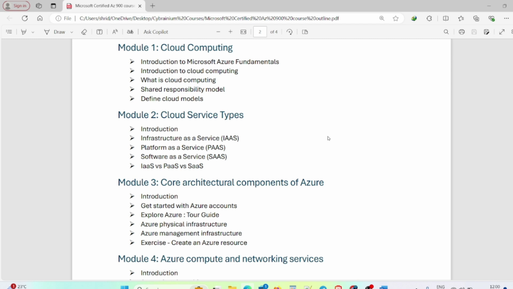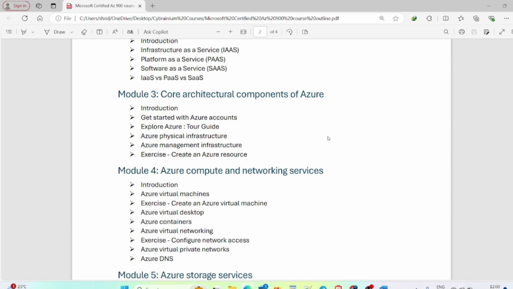In this module, you will learn about Microsoft Azure fundamentals, cloud computing, shared responsibility model, defined cloud models. In module second, cloud service types like IaaS, PaaS, SaaS, what are these and what is the difference between all these three? Core architectural components of Azure comes in module 3, where you will learn how you can